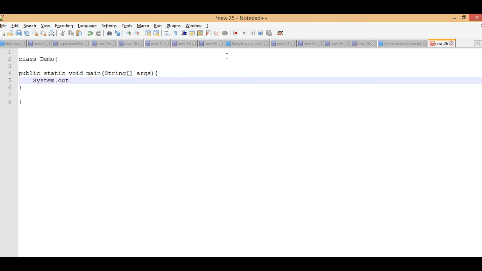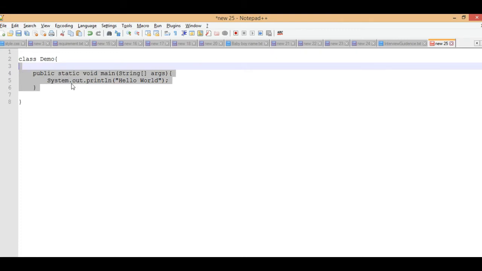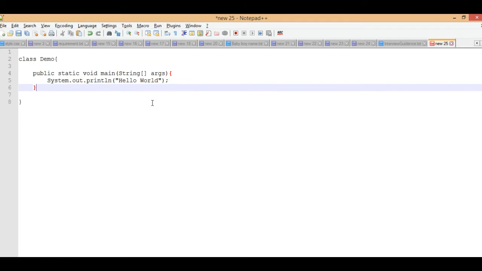I am using Notepad++ only, because I need a simple text editor. You can use any text editor. So this is my first program.